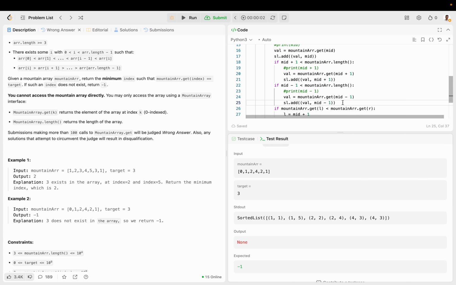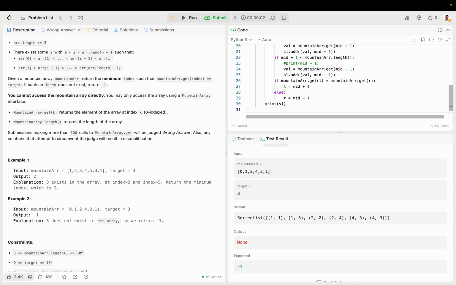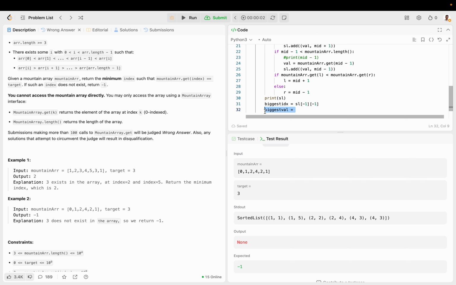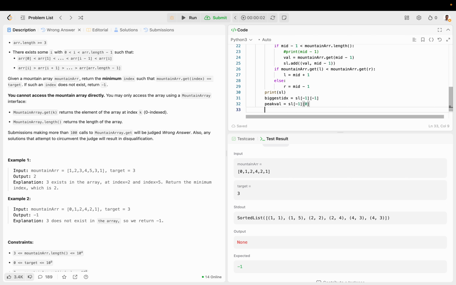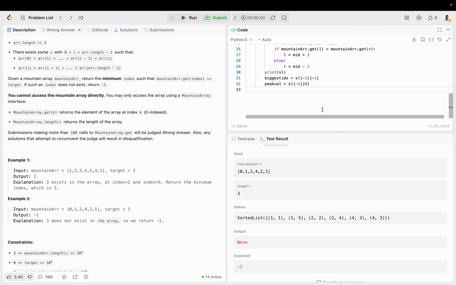Great. So now we can just say the biggest index location is SL of -1 of -1, and the biggest value, the peak value, which is what we want, is at SL of -1 of 0, which is this. So now that we have that, this makes our life a lot easier because we can just say,